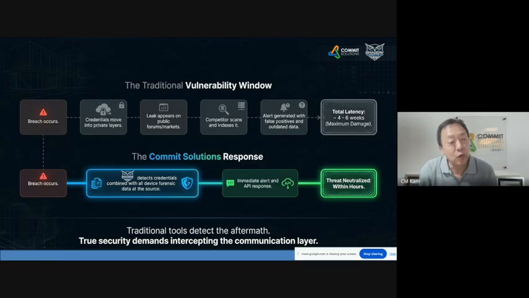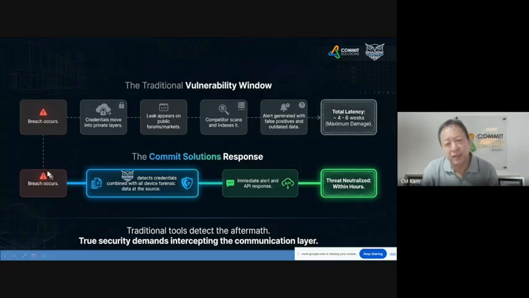For a very simple question, if I put forward to the attendees here, right? When was the last time that you changed your password for maybe your Gmail? When was the last time you changed it? It can be years ago, right? So all this old credential can still be useful sometimes, right? But what we are saying is that normally for businesses, when you take about 4 to 6 weeks to actually detect this, it can be too late already. When it's too late, it means that somebody may have infiltrated your system, understood more about your system, and they are probably attacking your system already, right?